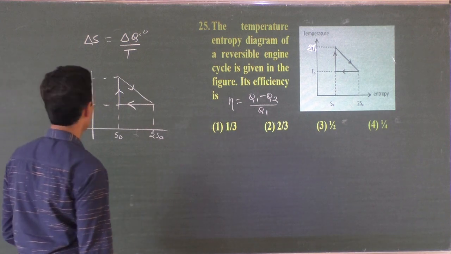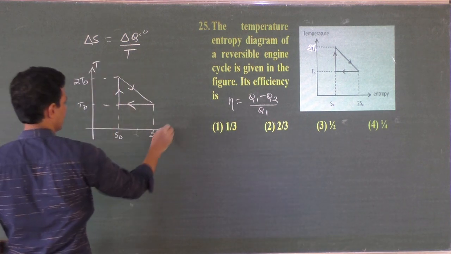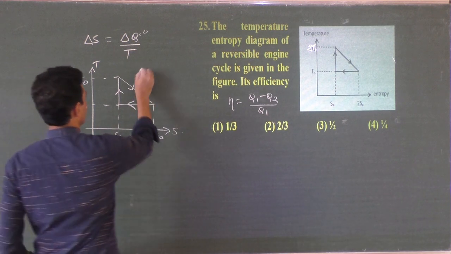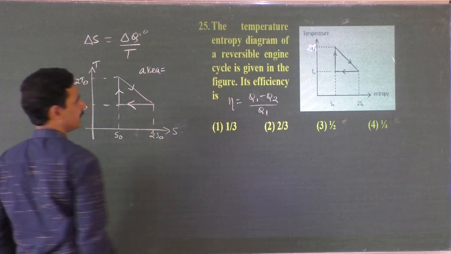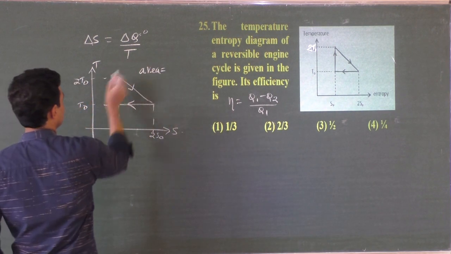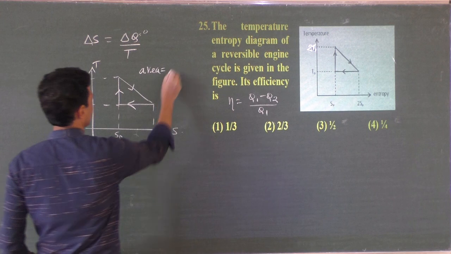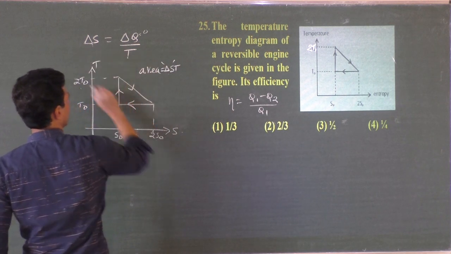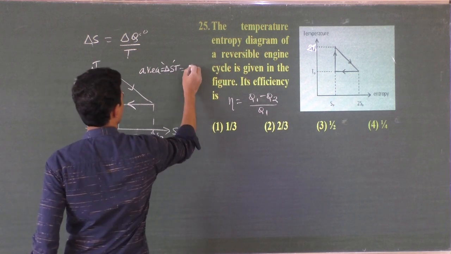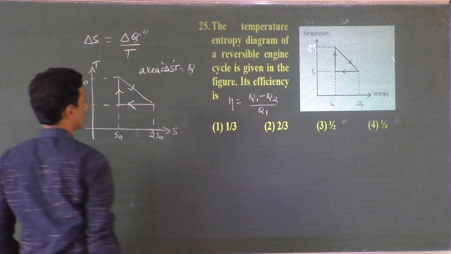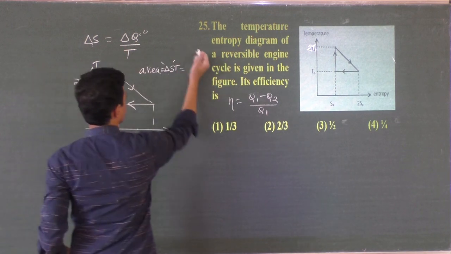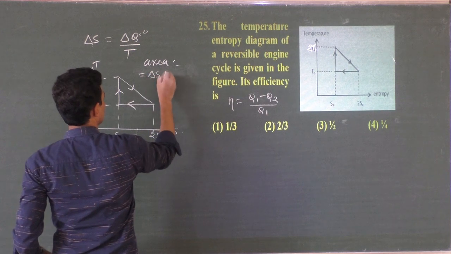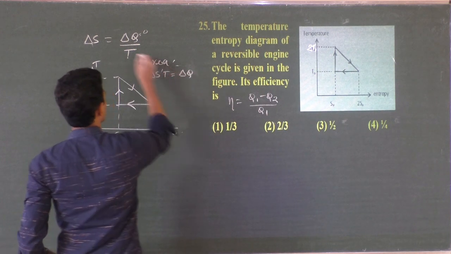So now you see, this is temperature and this is entropy. If you get the area under this diagram, what will you get? Can you find it out? Area under the entropy temperature diagram gives delta S into T naught, right? Delta S into T is nothing but the amount of heat energy absorbed, isn't it? Or delta Q, right? So area means delta S into T, which is nothing but delta Q, correct?